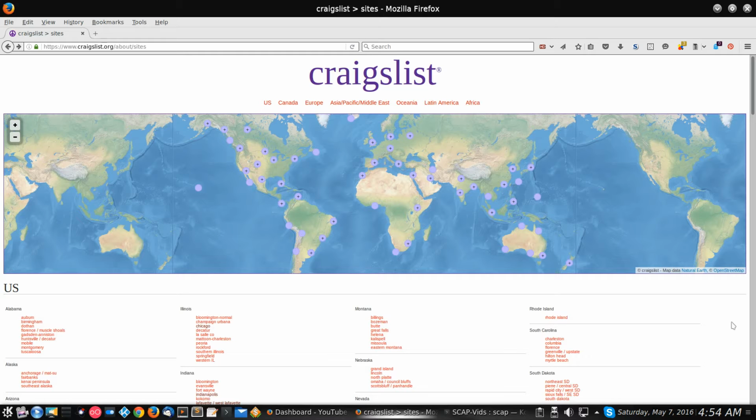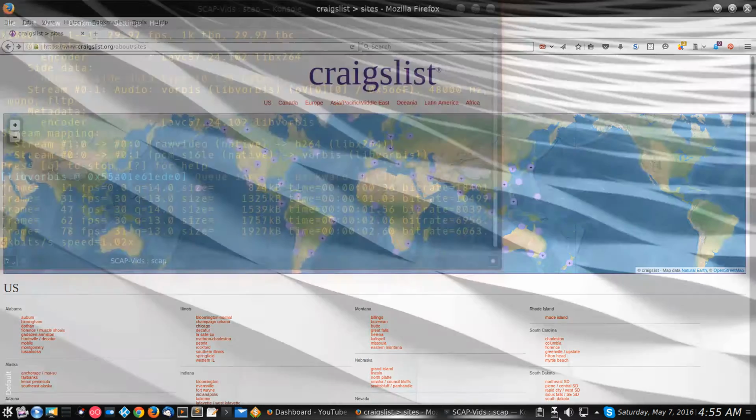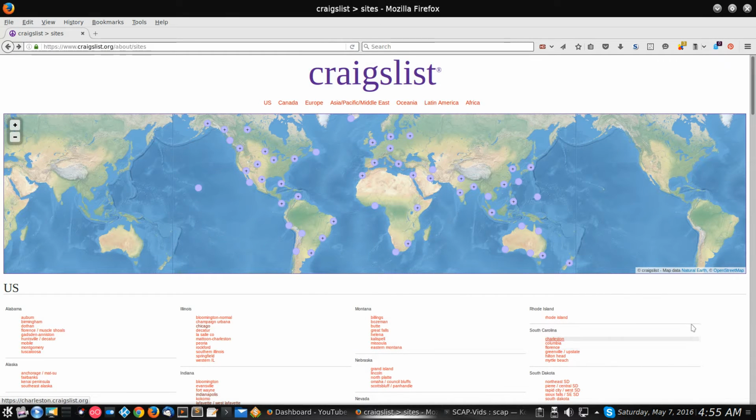Let's start at the very basics. First thing is you've got to get to Craigslist, and you get to it on the internet. So open up a browser and type in www.craigslist.org, which you can see right up here, and it will bring you to this page. From this page, you'll see a couple of different things. You'll see the big map in the front, and then you'll see all these links down here at the bottom,